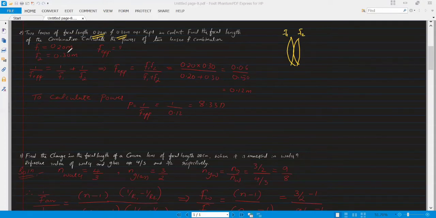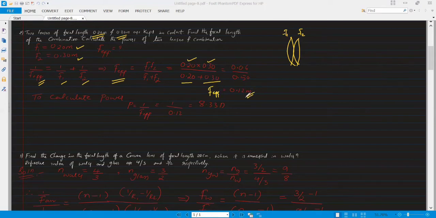That is, we have the formula 1 upon f effective, that is the combination, is equal to 1 upon f1 plus 1 upon f2. We are given the f1 value, that is 0.20 meter, and f2, that is 0.30 meter. Then to calculate the f effective, that is the focal length of the effective combination, 1 upon f effective is equal to 1 upon f1 plus 1 upon f2. After simplifying this, we can write f effective as f1 f2 divided by f1 plus f2. Substitute the values, that is 0.20 into 0.30 divided by 0.20 plus 0.30. We'll get 0.06 divided by 0.50. Then f effective is going to be